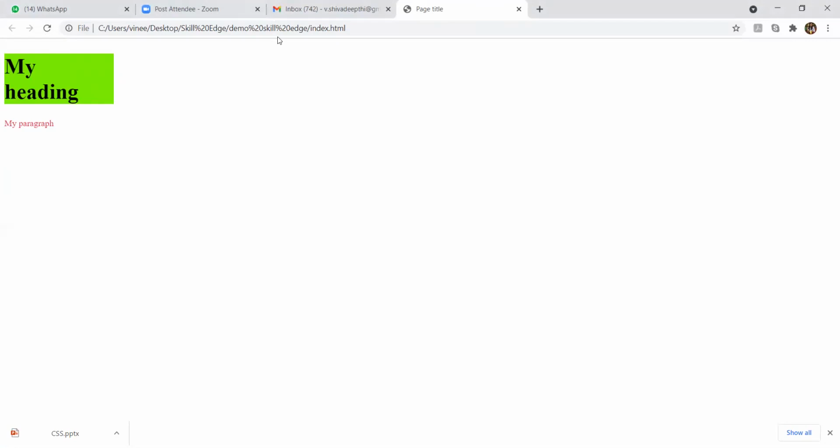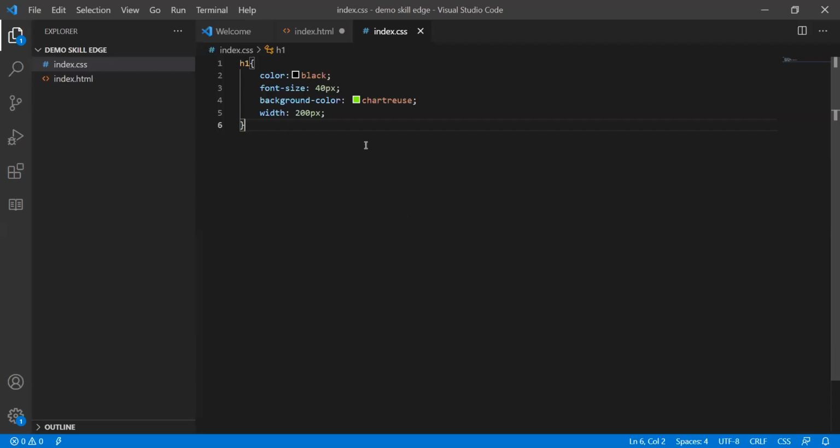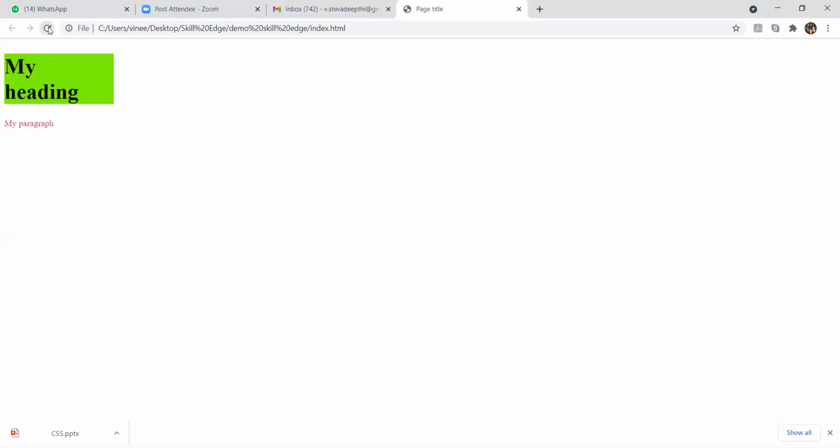So this is how we can apply the background color. Guys, are you able to see my VS Code now? Here we have applied two more styles: a background color and a width of 200 pixels. This is the output we get. The background color is applied and the font color is also applied.